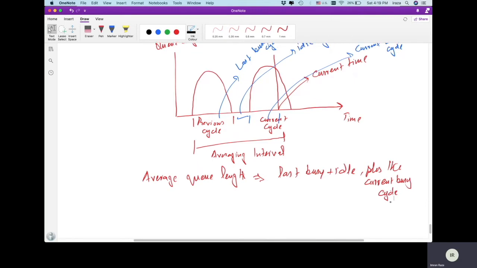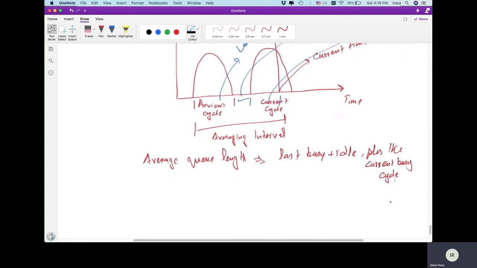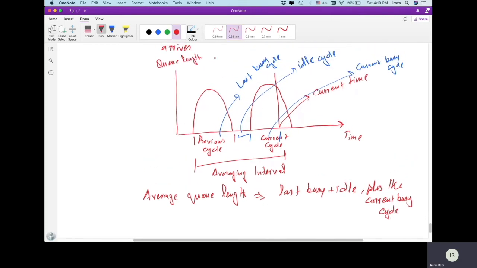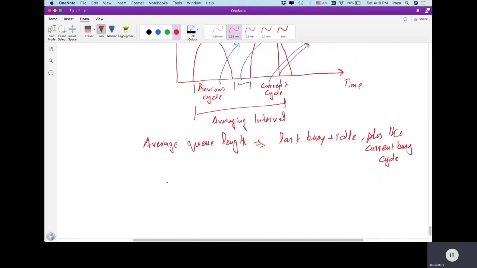So what it does is it calculates the area under the curve, considering the last busy plus idle plus the current busy cycle,